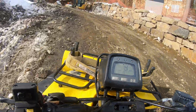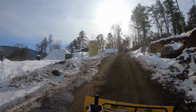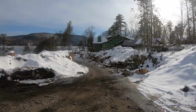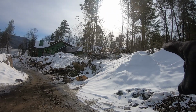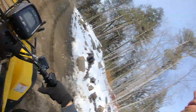Hopefully the ATV again will just kind of help us out, and if it doesn't, then we'll just keep doing what we've been doing. We also plowed down in there. This is the back side of the house. My truck is parked right over here. That's the first one we plow. This goes to the back side where they're working, and then we were just down in there. So all of that